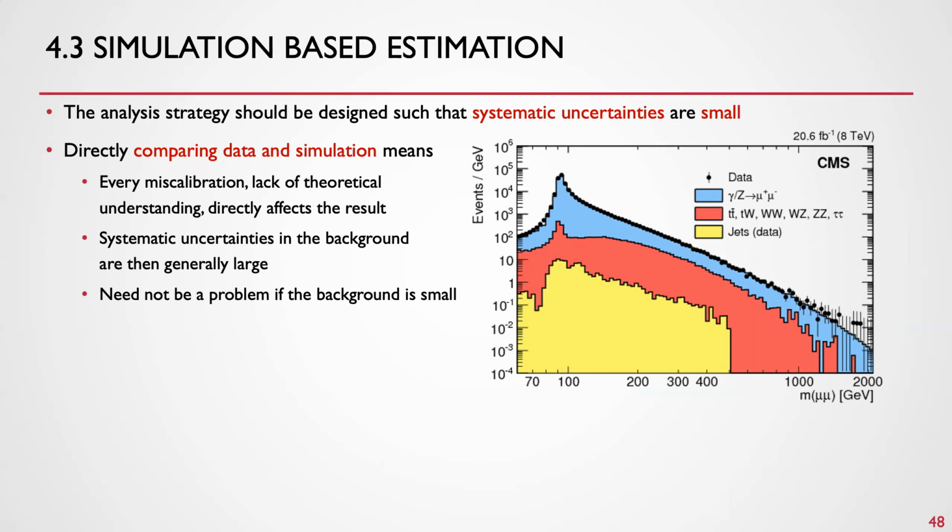This example is from mostly simulation-based estimation. It is for Z bosons in the dimuon channel, something that we understand very well. As I said before, here's the Z peak around 90. The position of the Z peak is typically not a quantity we measure because we use it for the calibration. However, there are dimuon events with a higher invariant mass. The spectrum falls very quickly up to 2 TeV, where the distribution dies out,